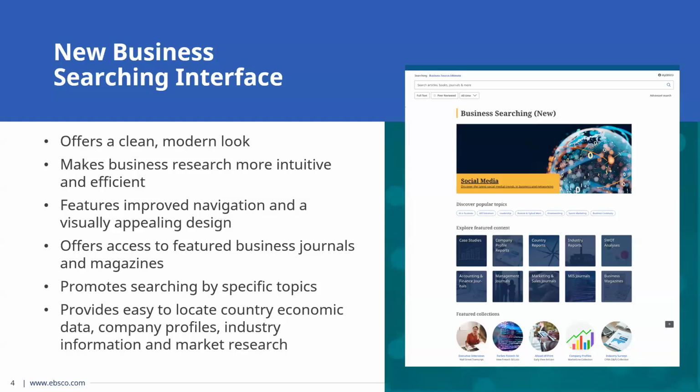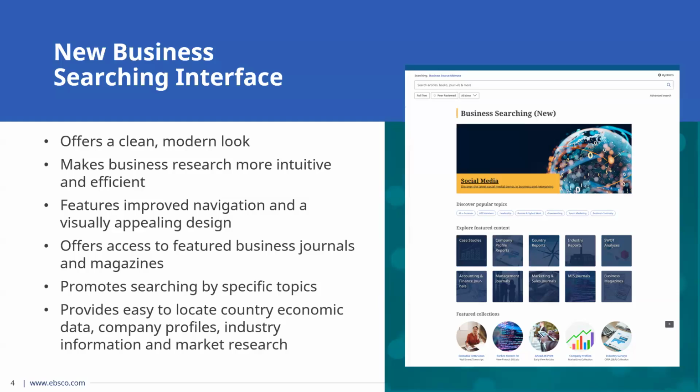Now, the new Business Searching Interface at a glance is a dedicated, specialized interface for business research. It is designed to offer a clean, modern look. It helps to make your business research more intuitive and efficient. As you'll see in our session today, it has a lot of improved navigation and it's more visually appealing. It also offers quick access to certain journals and magazines that are popular within the Business Source database. You can also search by specific topic,